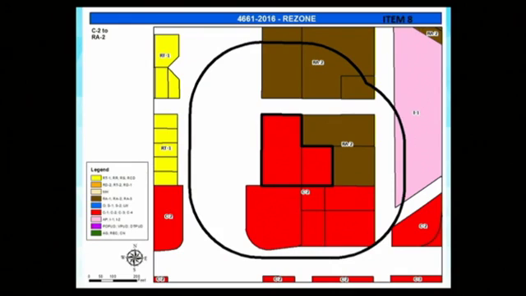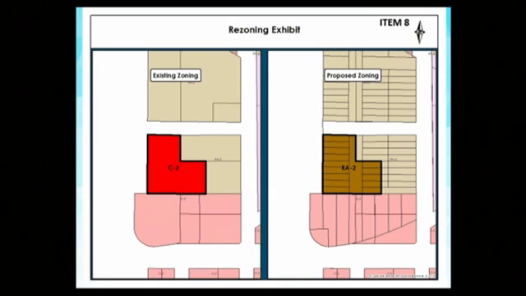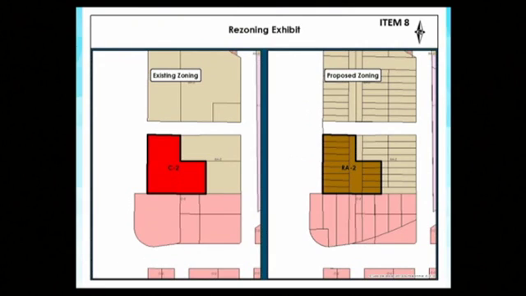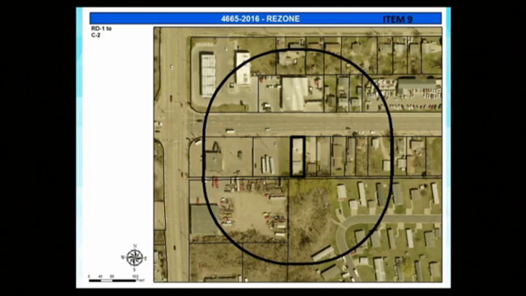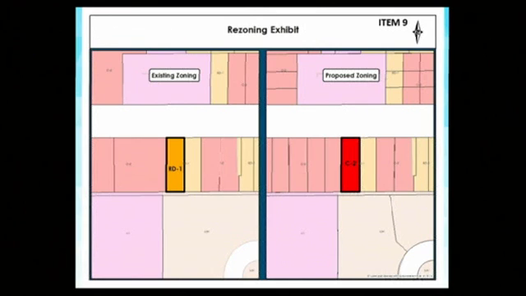Item 8, 4661 2016 rezone from the C2 Commercial Neighborhood and Streetcar District to the RA2 Apartment Residential Moderate Density for forms located at 2601 East 8th Street. Item 9, 4665 2016 rezone from the RD1 Twin Home Duplex Residential Suburban District to the C2 Commercial Neighborhood and Streetcar District, allowed forms located at 1217 East Rice Street.